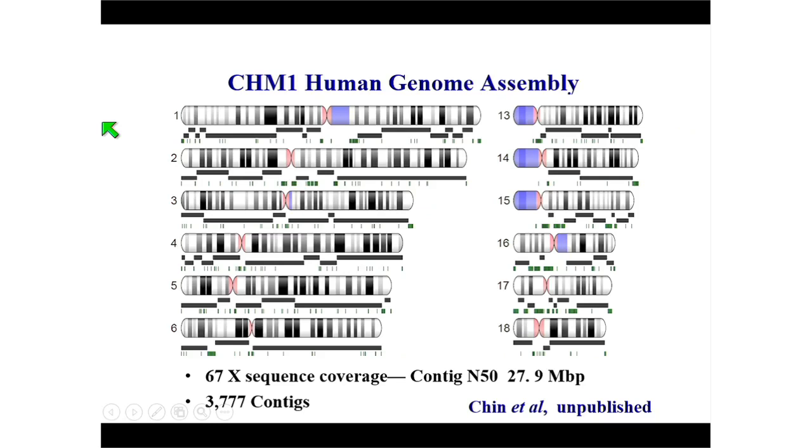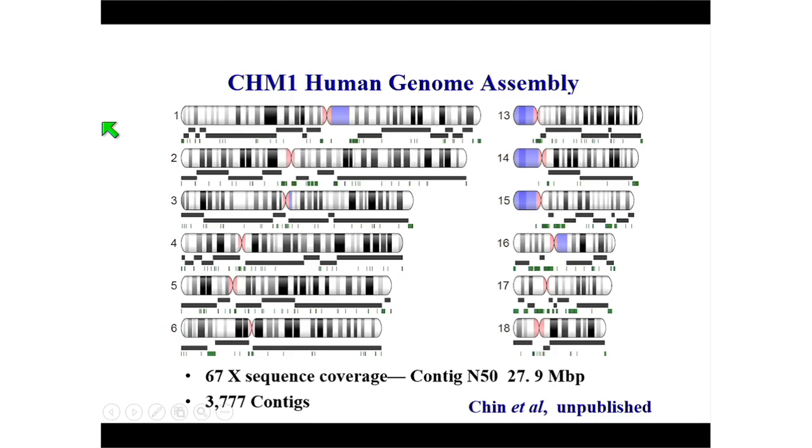So if you apply the data from CHM1, which is the first human genome sequenced with long reads, and you assemble it, you generate sequence contigs that are on the order of 25 to 30 megabases in length. So this N50 contig length means the point at which 50% of your genome is in a contig of this size or greater. So 50% of the human genome is represented in contigs that are 30 megabases or greater by application of Falcon. And shown here are, in black, the alignments of these super contigs that have now been sequenced